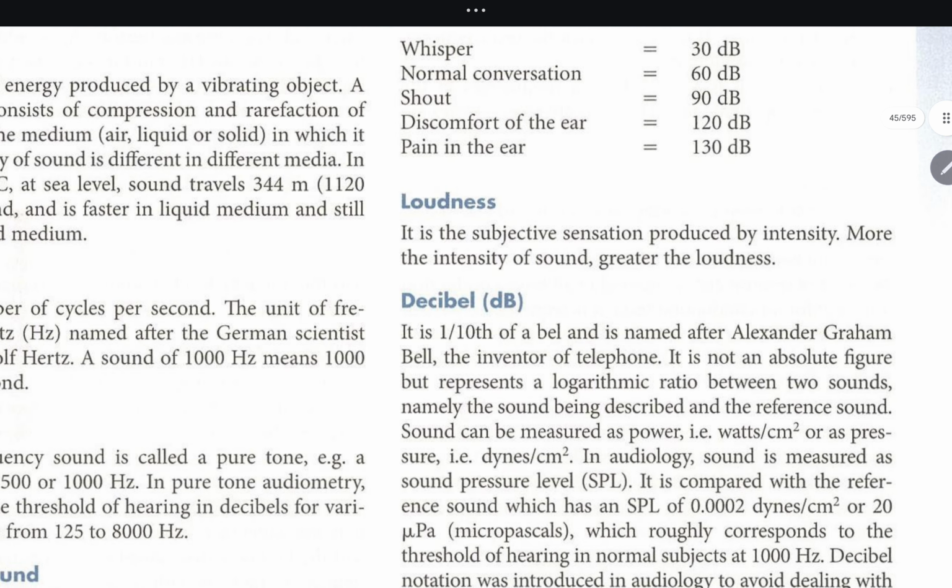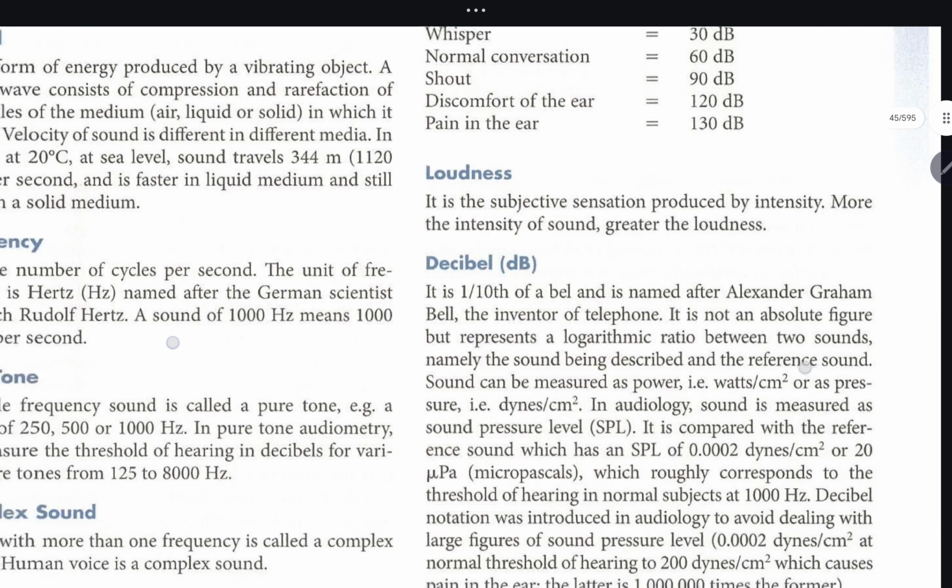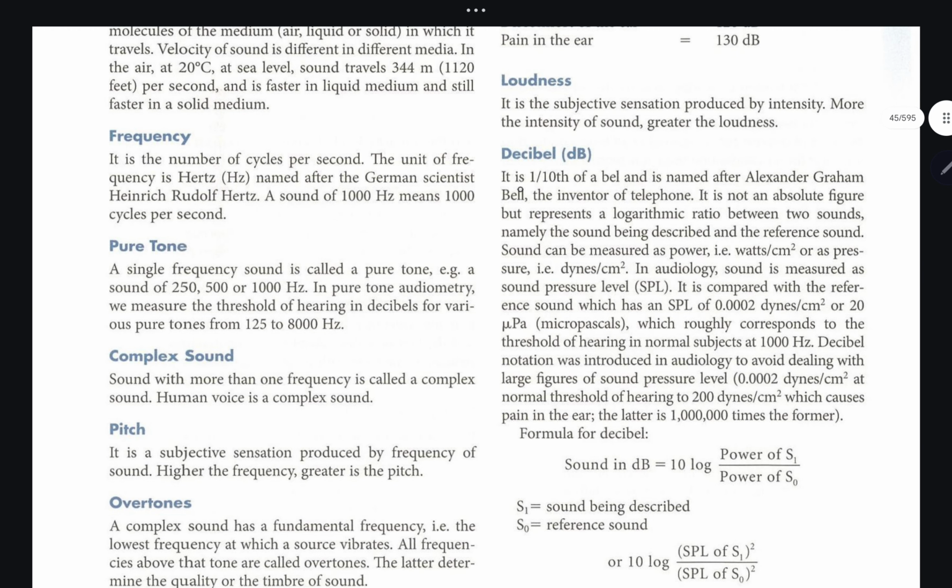Loudness. It is a subjective sensation produced by intensity. More the intensity of sound, greater the loudness. Decibel. It is one tenth of the bel and is named after Alexander Graham Bell, the inventor of the telephone. It is not an absolute figure but represents a logarithmic ratio between two sounds, namely the sound being described and